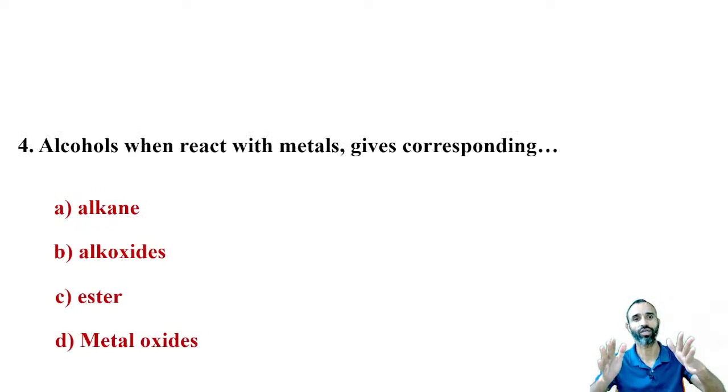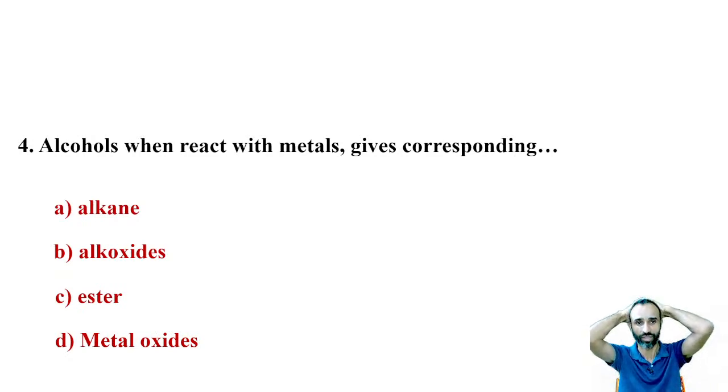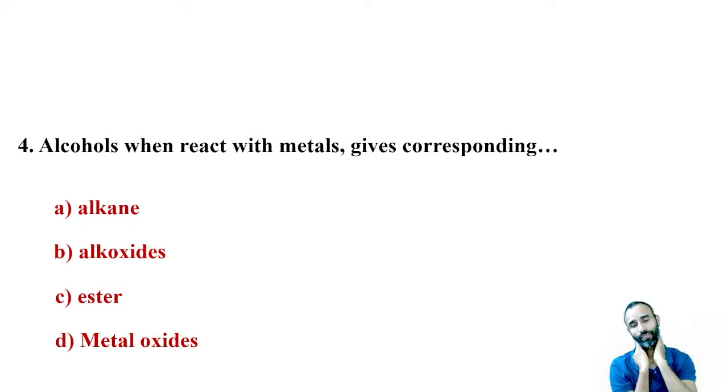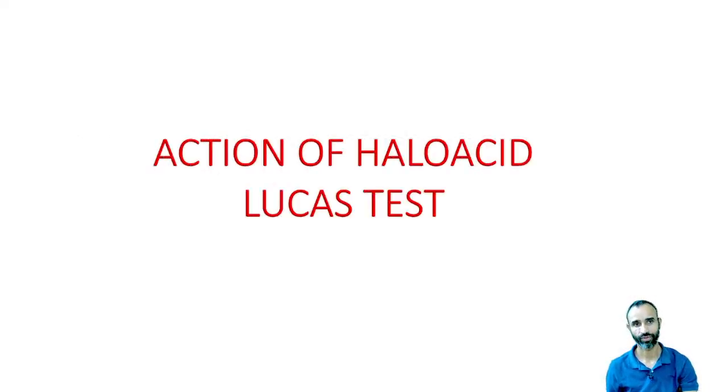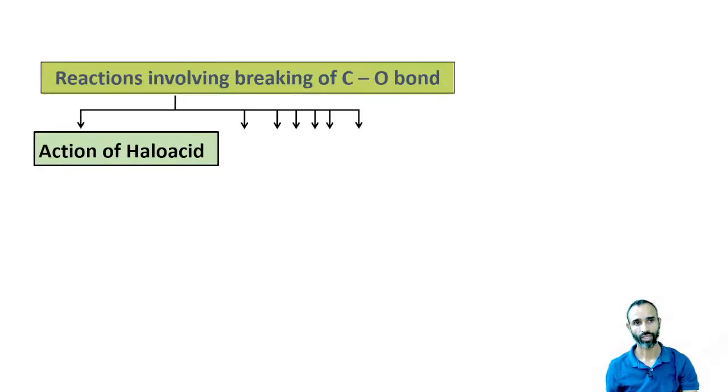Alcohols, when they react with metals, give the corresponding alkoxide and hydrogen gas is formed. Now, action of Lucas reagent. So when Lucas reagent is used,